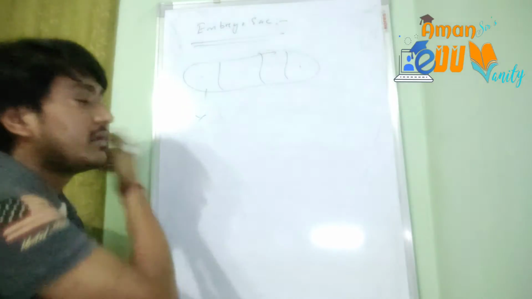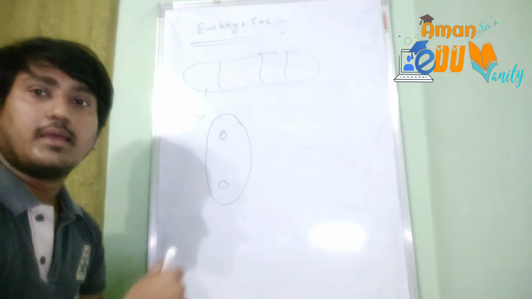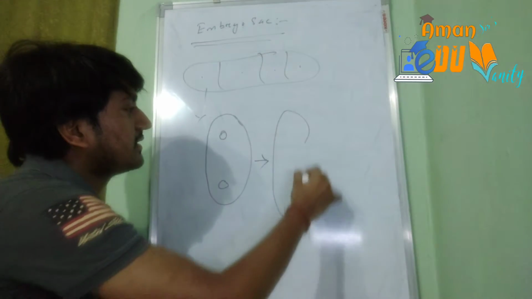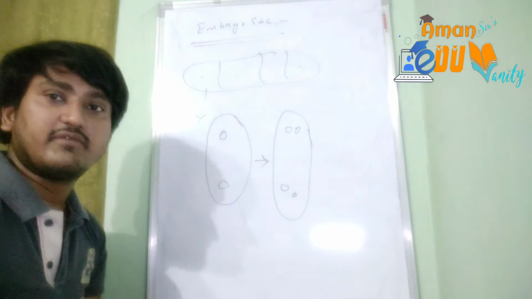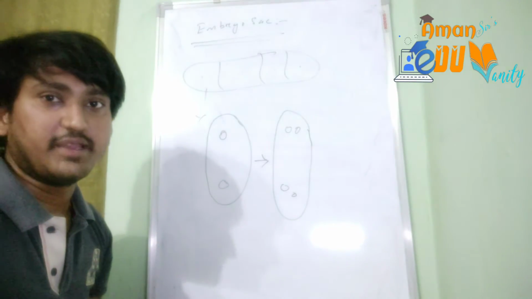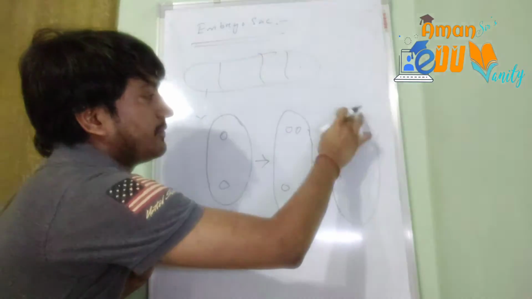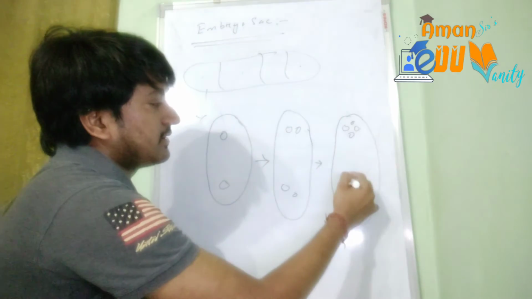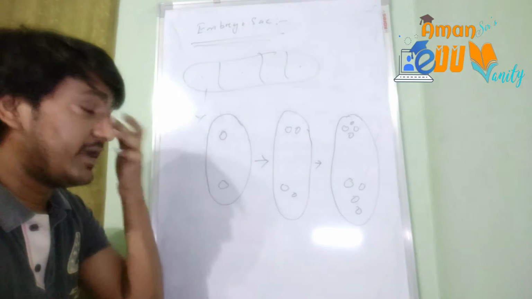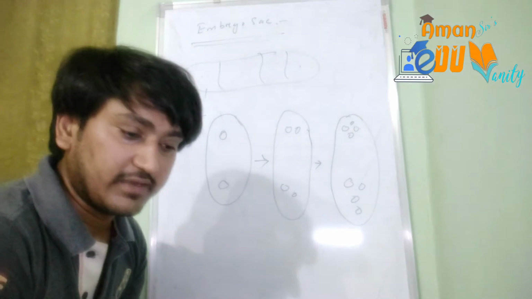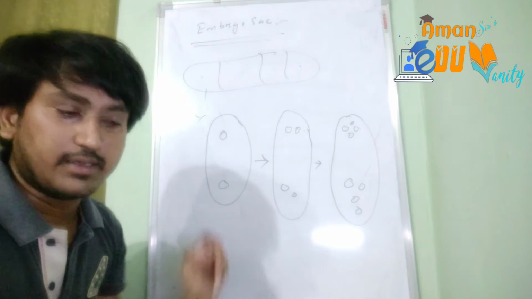Suppose this is going further, then that will divide to form 2 nuclei within it, and then from 2 nuclei a 4-nucleate stage will come. Again the nuclei will divide further. Remember, cell wall is not being formed yet. After that, it will develop to an 8-nucleate condition. So after this formation of 8 nuclei by consecutive mitotic divisions, from 2 nucleate it becomes 4 nucleate, and then 8 nucleate.